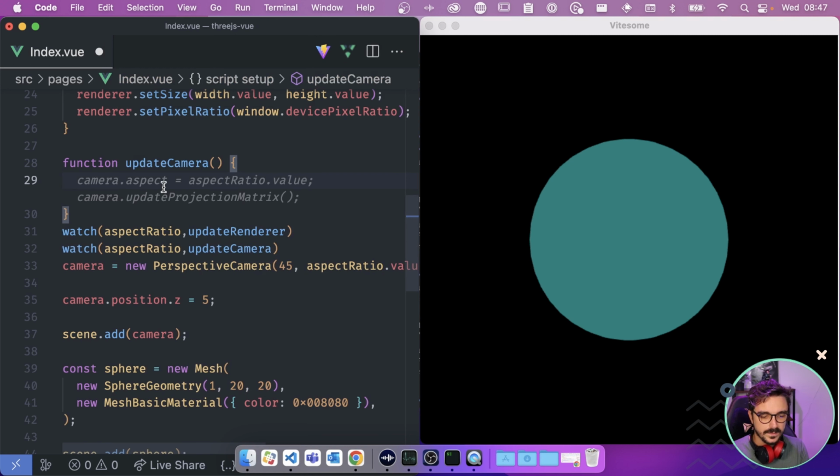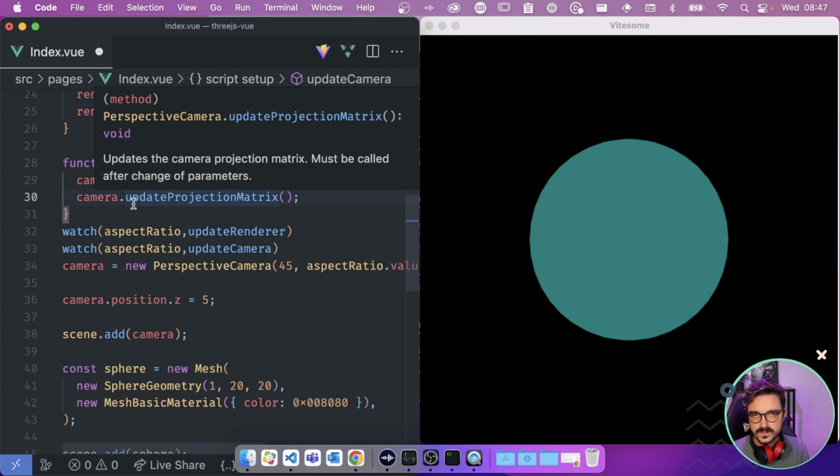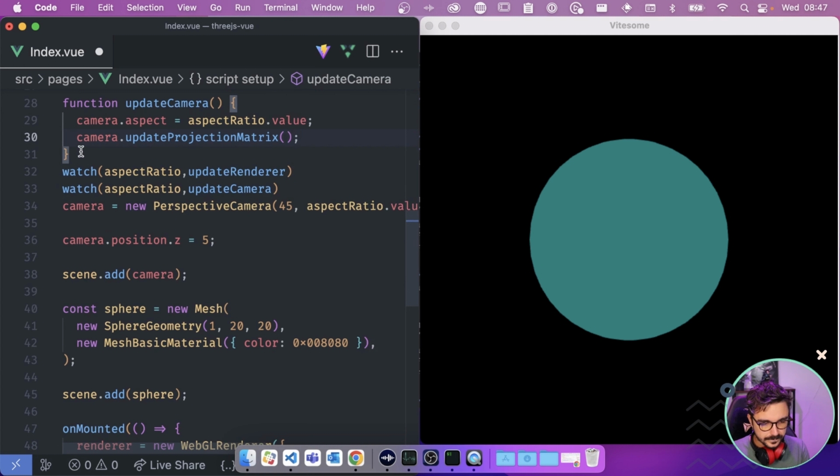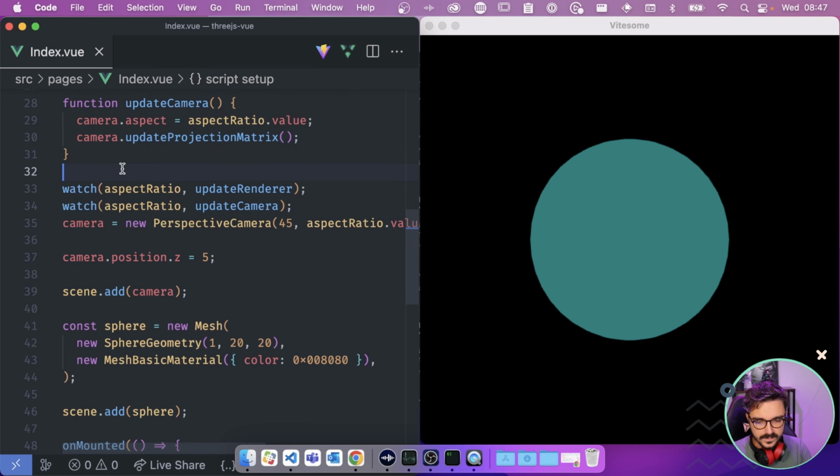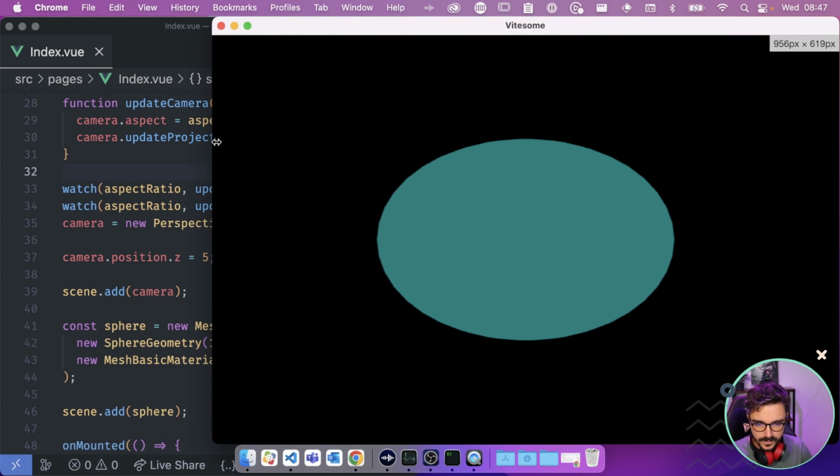So we're gonna use the aspect ratio value, and also we need to update the projection matrix. This is a function that you need to call to update the camera, okay? That's fine, let's save and let's see if it works, okay? So now if I resize,